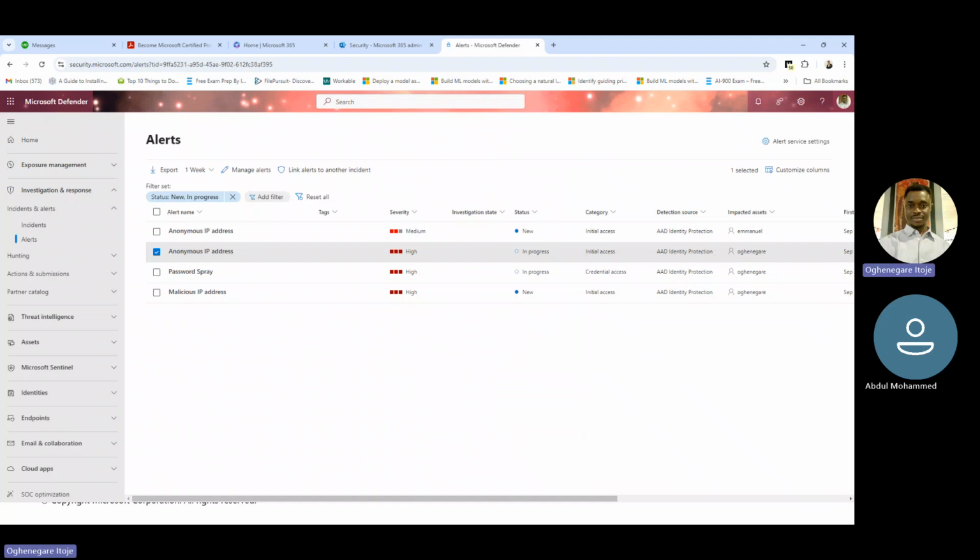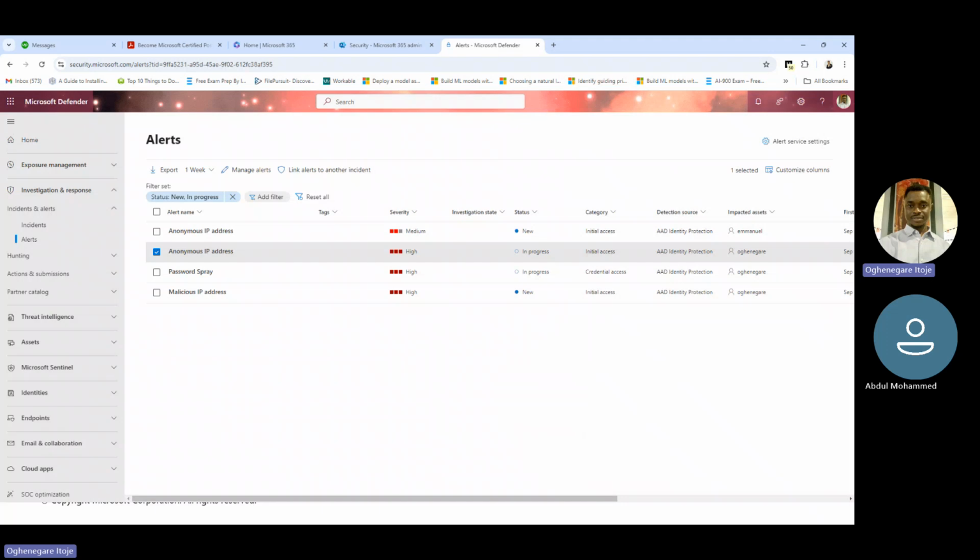Now, one important aspect of the alert is investigating the alert. In order to investigate alerts that are affecting your network, it is very important to understand what they mean and also how to resolve them. It's very important. So for example, if you select an alert from the alert queue to go to the alert